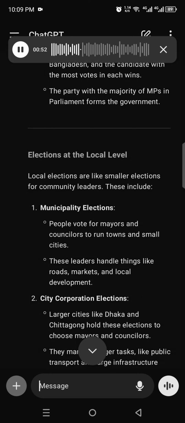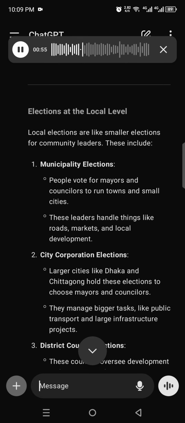Elections at the local level. Local elections are like smaller elections for community leaders. These include